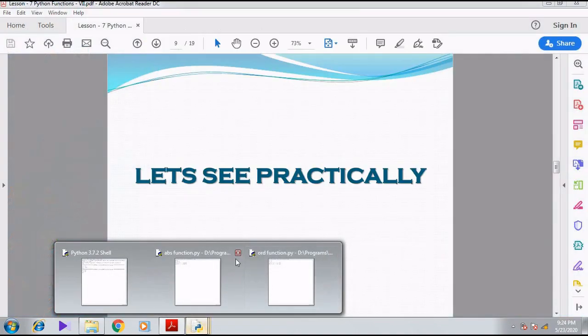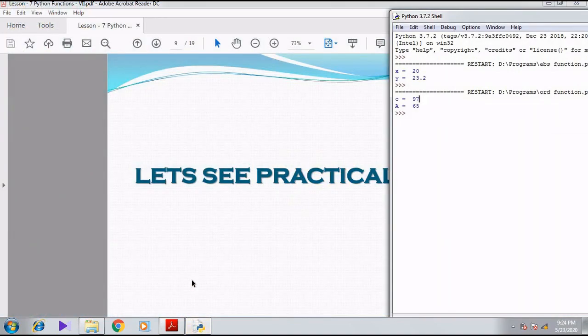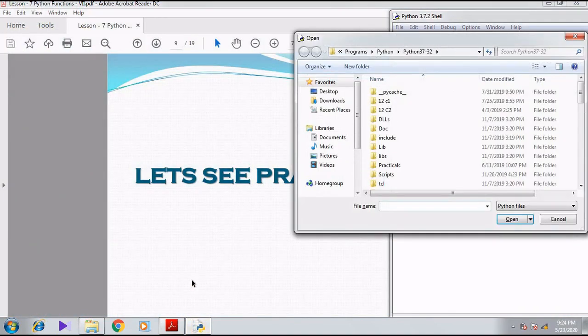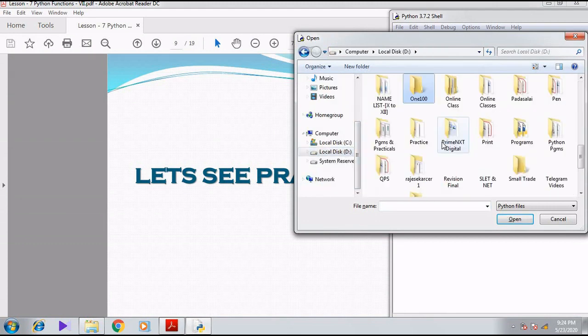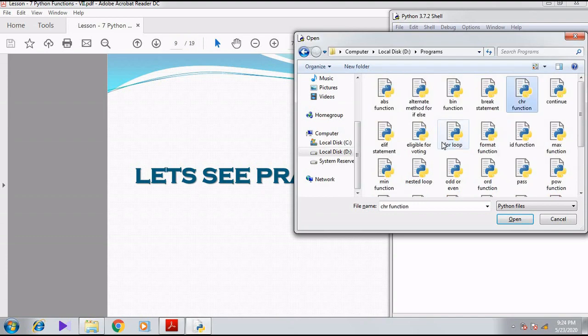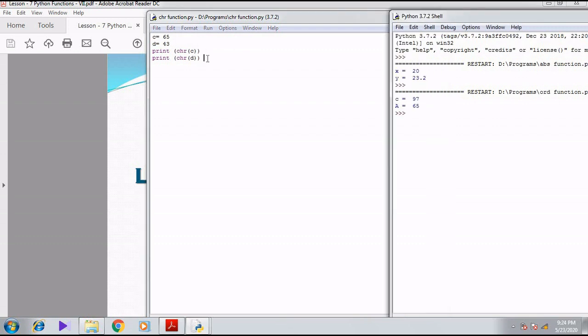When I open the program, C equal to 65, D is equal to 43. CHR of C, CHR of D. When I press F5, it shows A and then plus.